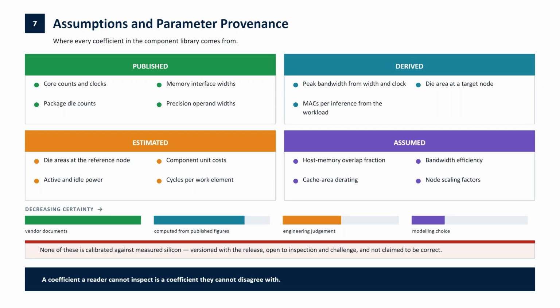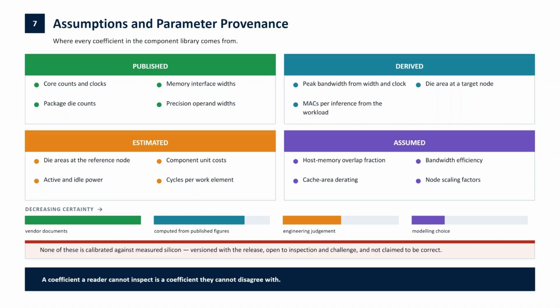The fourth is assumed. These are modeling parameters such as the host memory overlap fraction, bandwidth efficiency, cache area derating, and node scaling factor. The important point is that PPACT Studio does not treat all 4 categories as equally established facts. At present, these coefficients have not been calibrated against measured silicon. PPACT Studio, therefore, does not hide these values or present them as already validated measurements. The current approach is to identify their provenance, version them with each release, and allow users to inspect and challenge